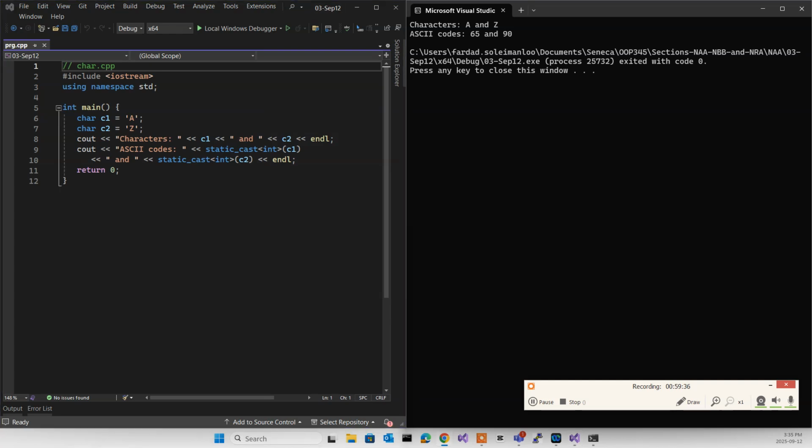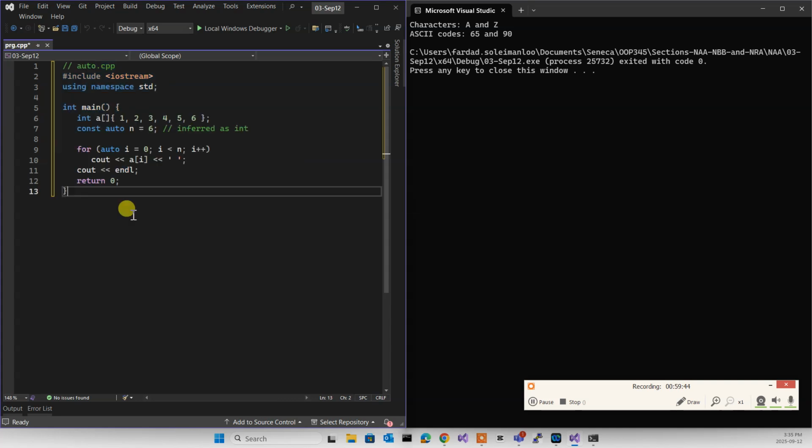Type inference. There is something that at first looks a bit useless, but later on when we talk about templates and types like that, the keyword auto becomes very useful. As you see at line 7, I'm writing const auto n is equal to 6. It looks at the initialization and sees that it is being initialized to a 6.